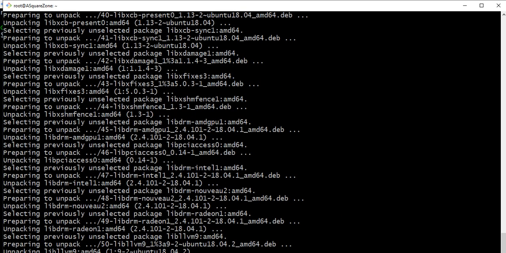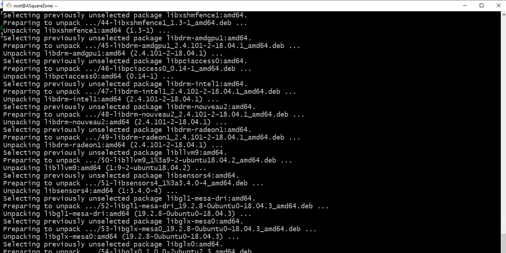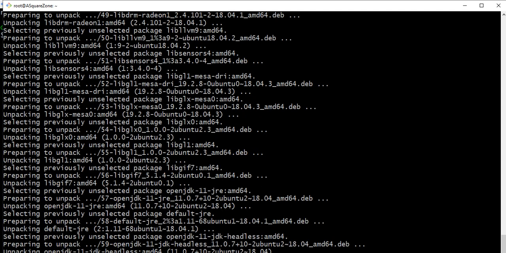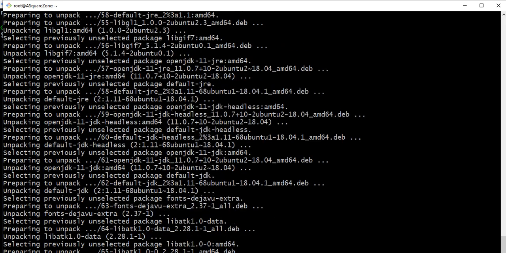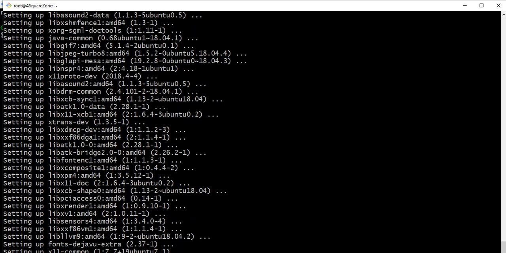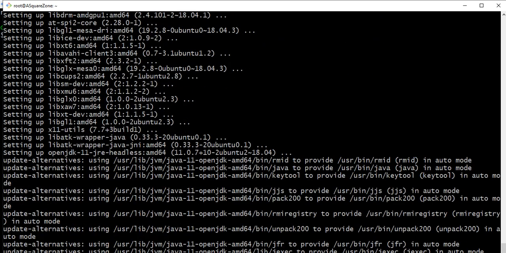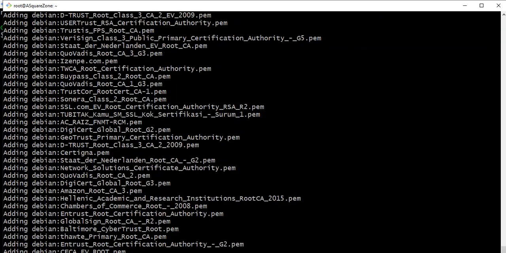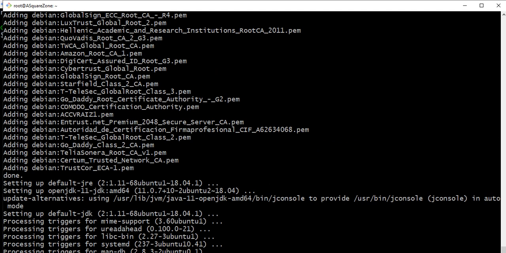So it's getting all the packages on this Ubuntu server. Without installing Java on this Ubuntu server, we can't install Maven, because Maven is developed using Java as its background, so we have to install Java as a prerequisite.